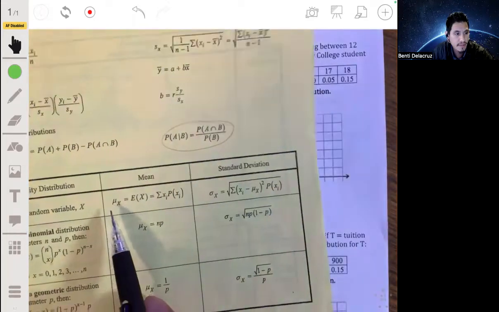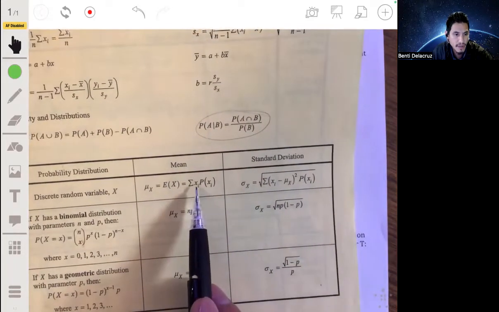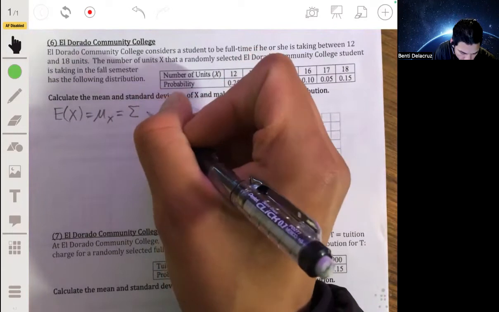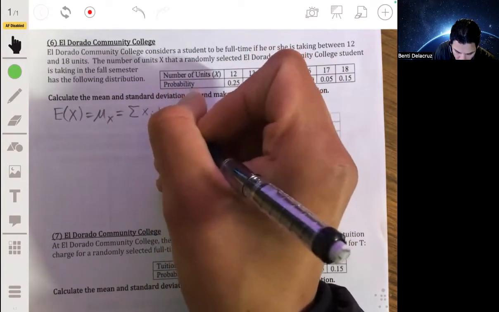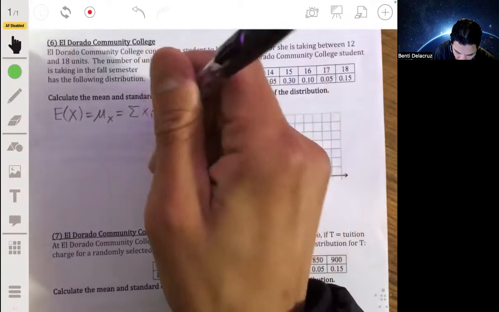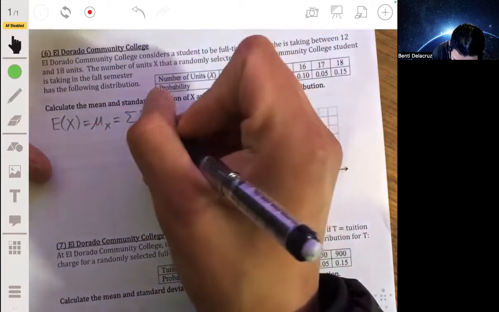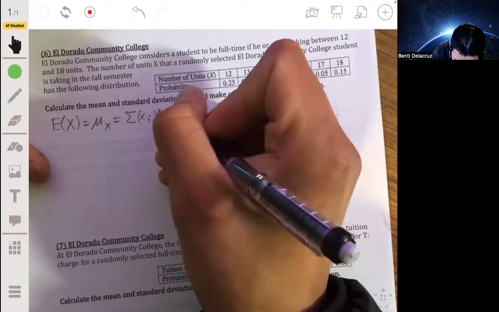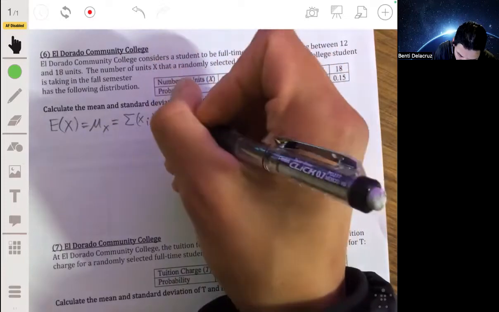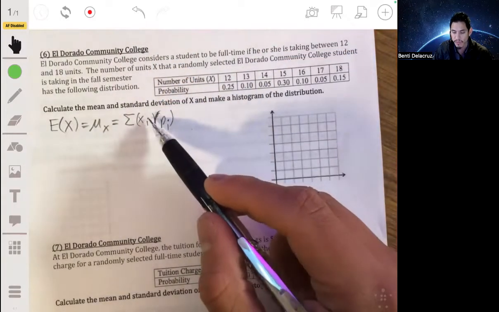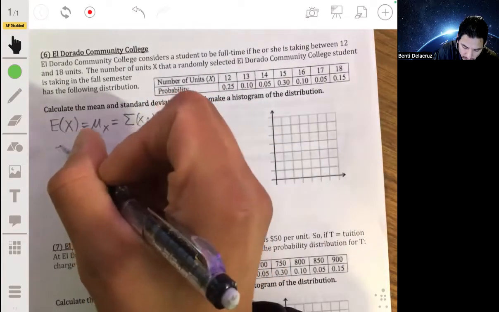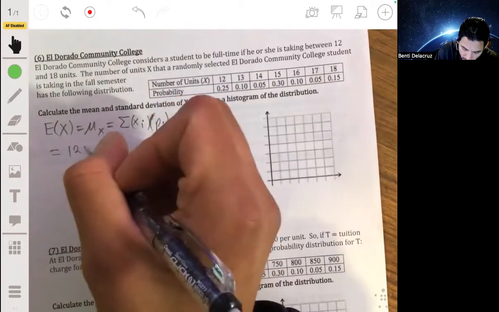So here we have this, that's the mean of a random variable. It shows that it's a sum of X sub i times the corresponding probabilities of X sub i. So we have sigma of X sub i times P sub i, summed up. We did an example in the previous lesson, so I'm not going to spend too much time on this, just a quick review. All you're essentially doing is multiplying the corresponding X values by their associated probabilities and then adding them all up. So this is going to be 12 times 0.25,